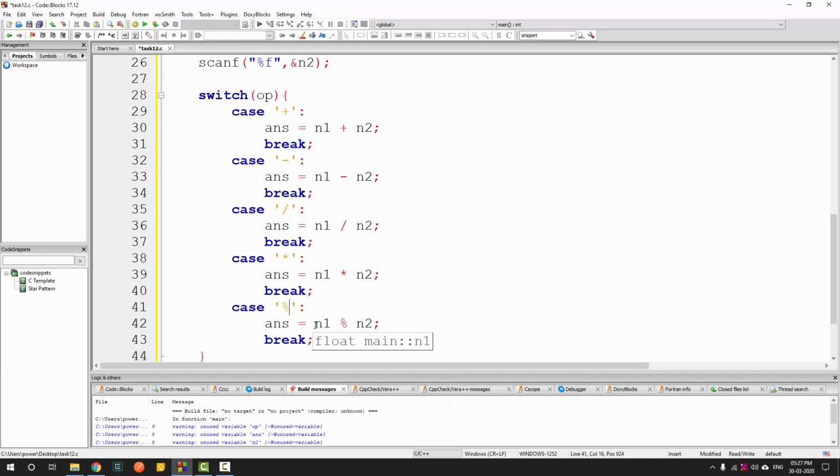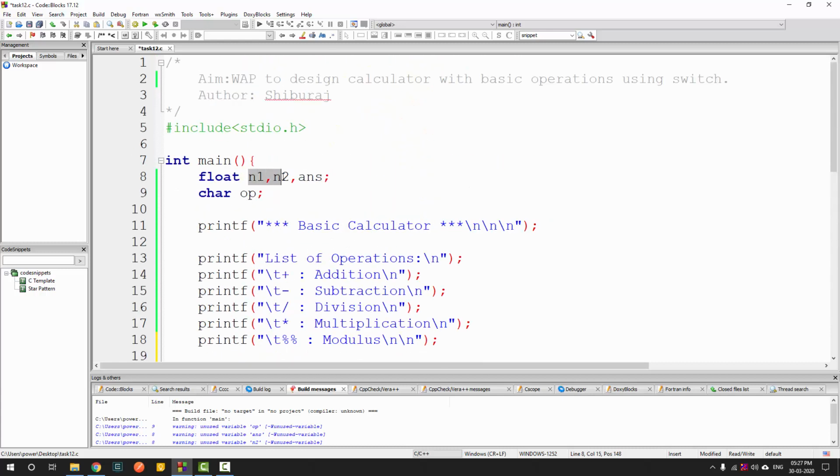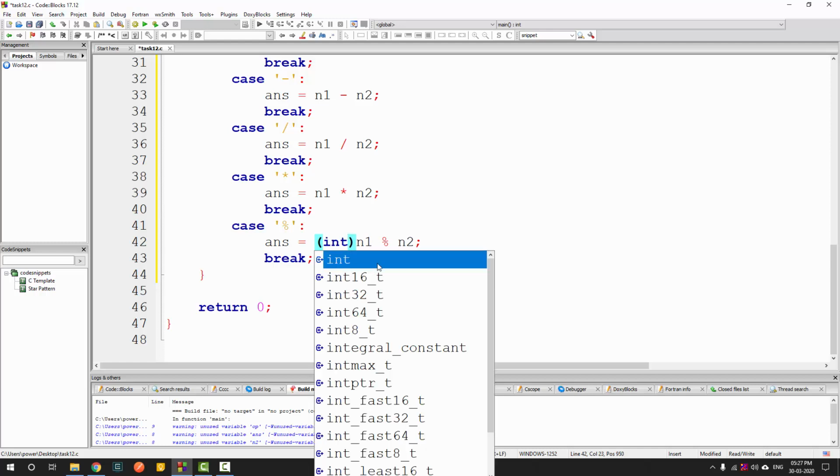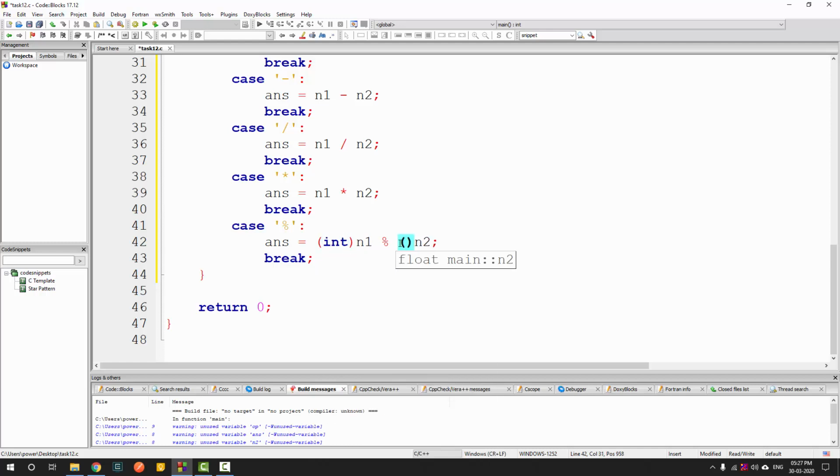One of the rules of modulus is that both the operands should be an integer type, and here we have selected both of them as float. So what we can do over here is cast them both to integers so that the compiler doesn't give an error. Once that is done, I can just do the modulus and store the answer inside this float variable. Once everything is done, I can just come down over here,